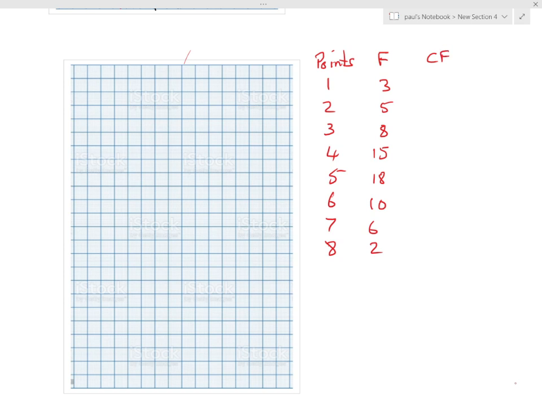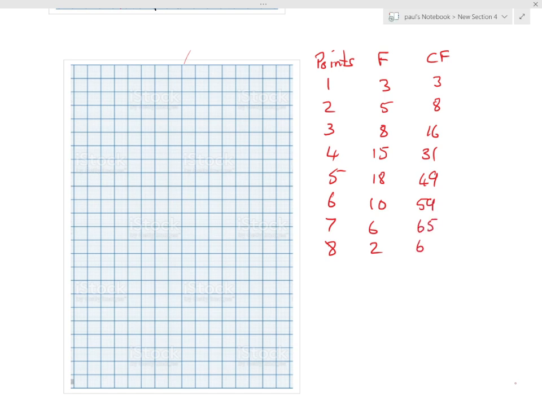Right, let's do another one of these with discrete data again, and so we'll use points, and this time we'll just go up to 8 because we're getting the hang of it now. 5, 6, 7, 8, and the frequency is 3, 5, 8, 15, 18, 10, 6, and 2. And the cumulative frequency is 3 and 5 make 8, and 16, 31, 49, 59,